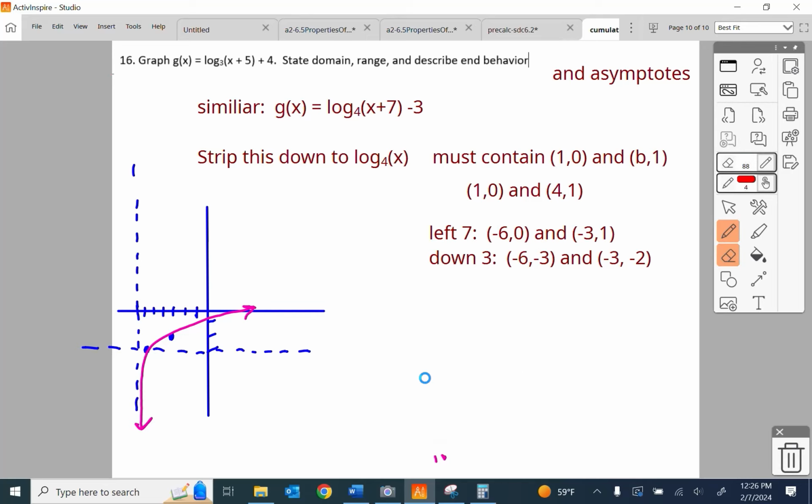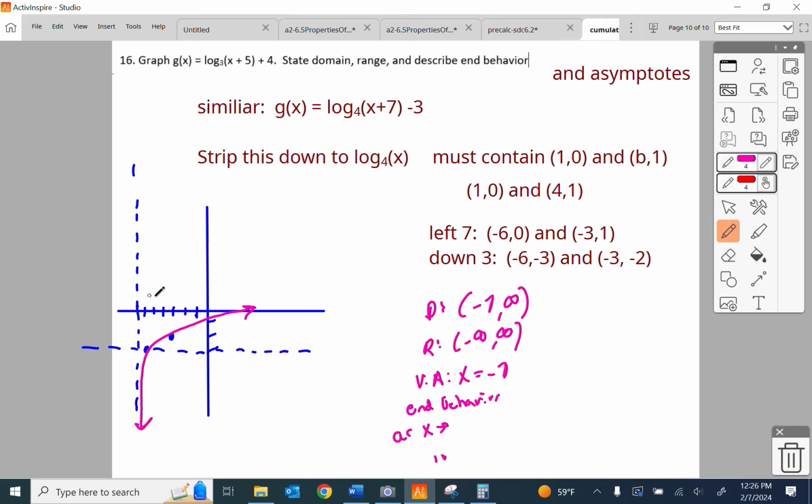So let's do all the things they want. The domain is from negative 7 to the right. Again, learn how to read this, not memorize it. The range is negative infinity to positive infinity. There is a vertical asymptote. It's at x equals negative 7. And the end behavior, which I hope you understand: as x approaches negative 7, because that's as far as you can go, the y value approaches negative infinity because it is falling. And as x approaches the right, which means it's moving to the right forever because it can, the y value